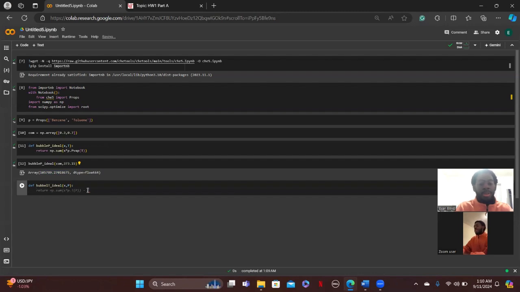So we need to first find the pressure differential. So we need to do another define. Define deviation in pressure. Okay. And this would be with respect to T. And we want this to return, I cheated already, but you want this to return